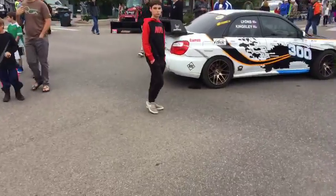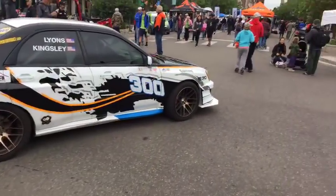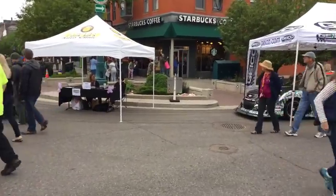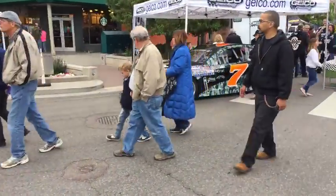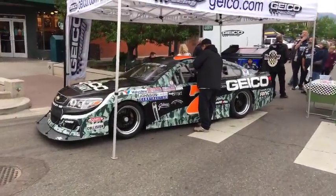There's a WRX parked in the middle of the street. Tons of different classes of cars. And it looks like they have a lot of show cars and all sorts of stuff here. But yeah, that's a cool car actually. Lane Strentz. It's a modified stock car, but it's very fast. A lot of the guys do really well here because they are local or they run this every year,